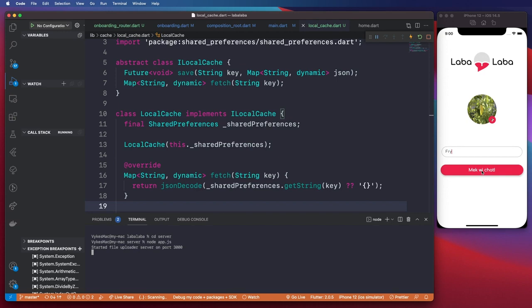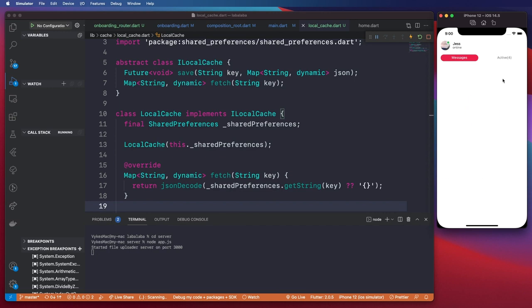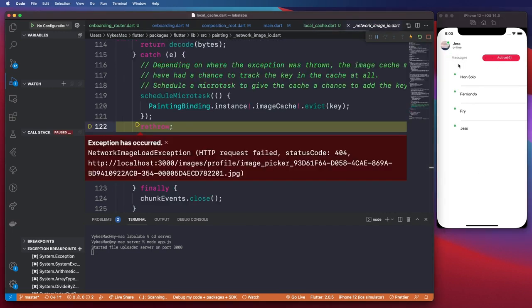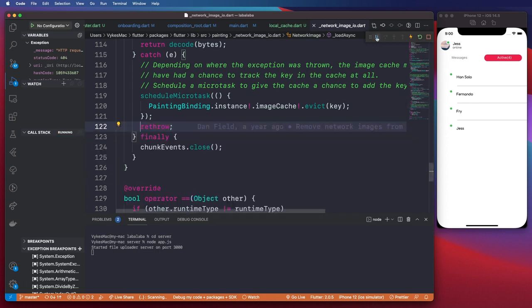So if we create this user, then this user is connected successfully, then we should go to the home screen. But I think it's gonna crash when we go to the home screen since we have some hard-coded values there. So let us try and see. Well, there we have it, and it did crash